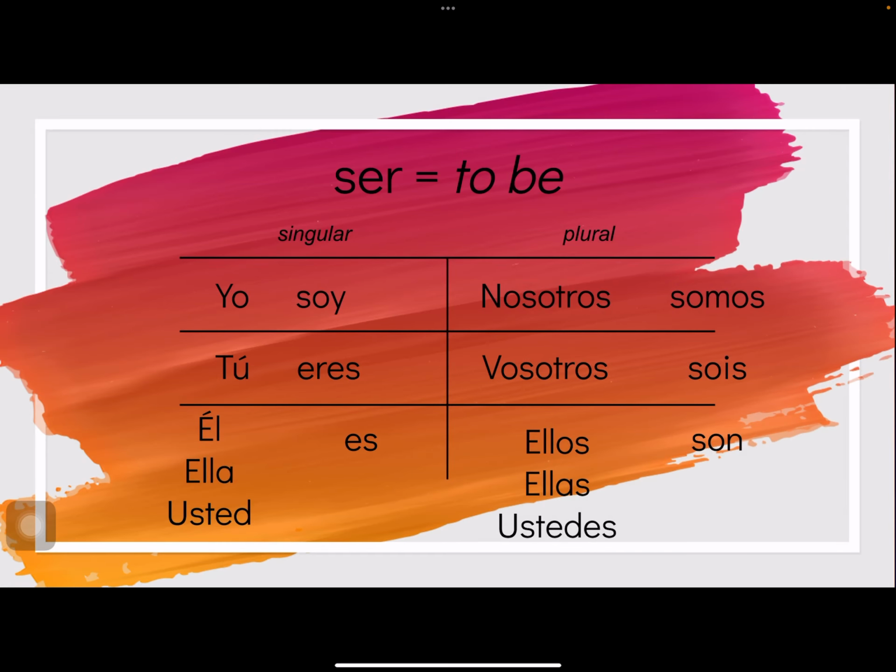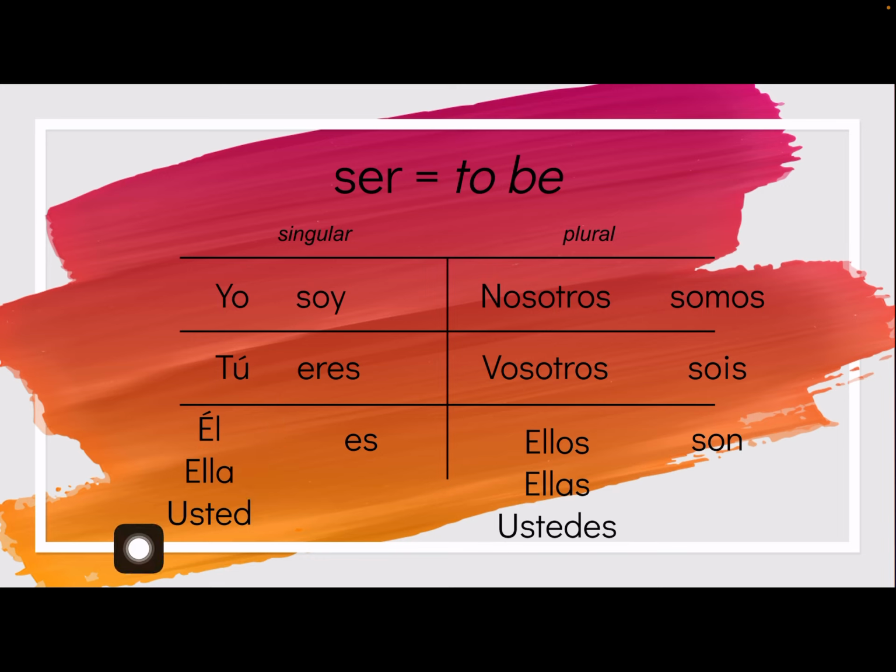And just to remind you, because I'm someone that goes off on tangents, a noun is a person, a place, or a thing. So when we use pronouns, we are replacing the person's name with a pronoun, just like we do in English. My name is Ellen, but if someone is talking about me, they will use ella because that is my pronoun. I did not include gender neutral pronouns, but they do exist in Spanish. My husband and I were just talking about them.